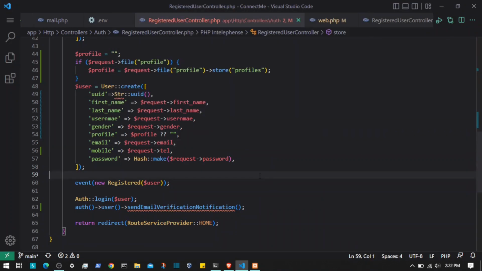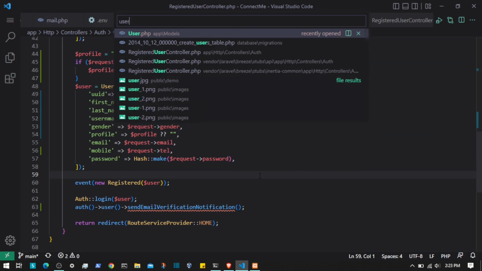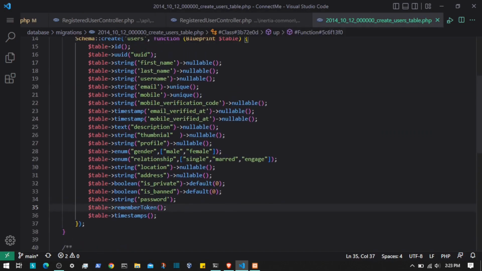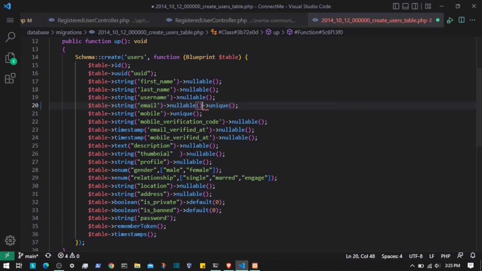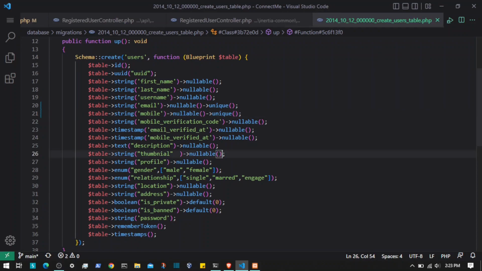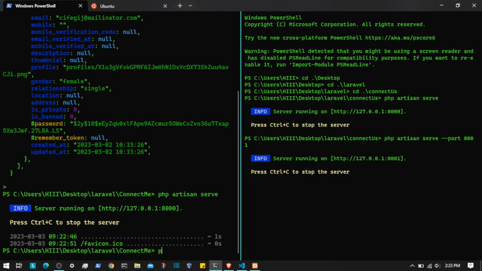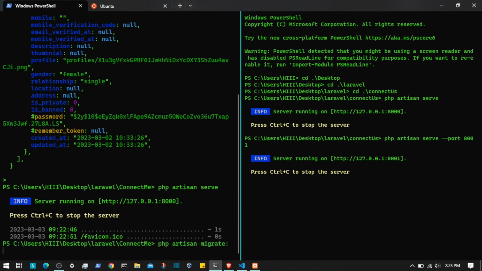So I'm going to open the create user migration, and here I'm going to copy the nullable to the email as well as mobile, because we allow users to register with email as well as phone number, and later on they can add the other thing that they want. Like if they register with mobile, they can later on add their email address to the profile. So let's remigrate the migration. PHP artisan migrate:fresh,